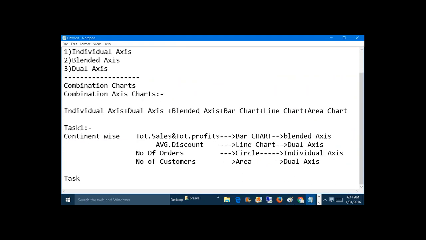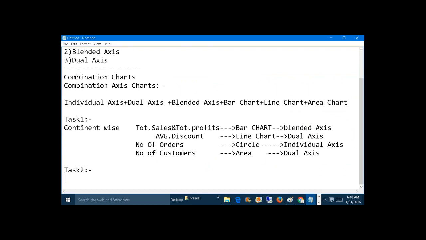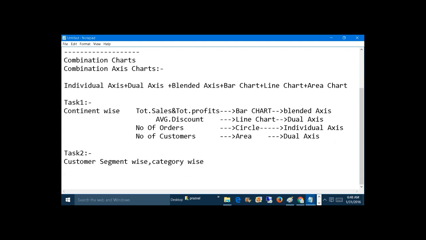Task 2. In my task 2, I am showing customer segment wise, next category wise. Customer segment wise, category wise. Let's display total order quantity and average unit price in the form of dual axis. So order quantity in the form of bar